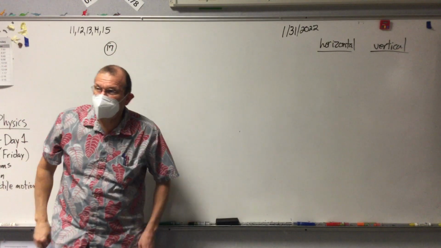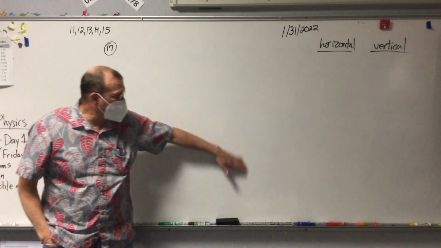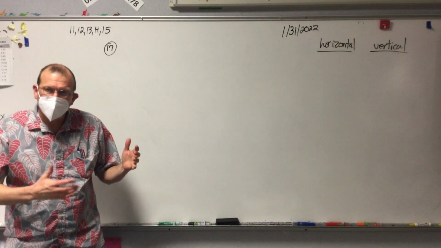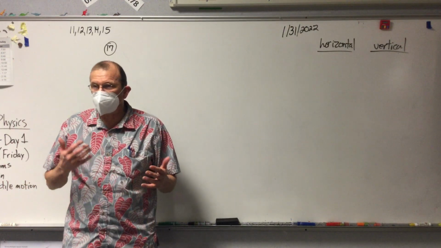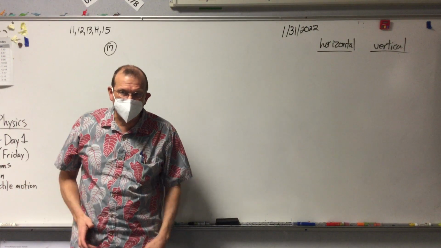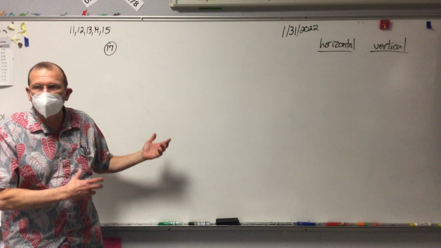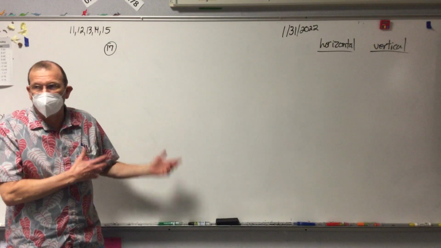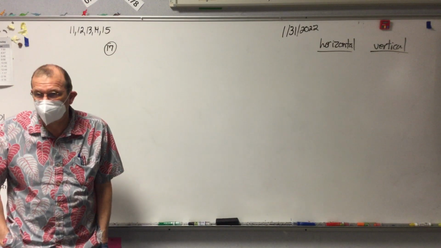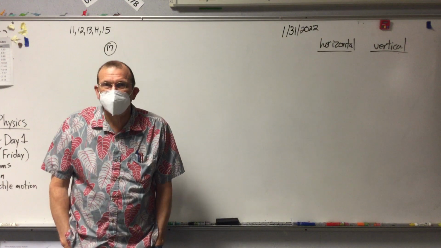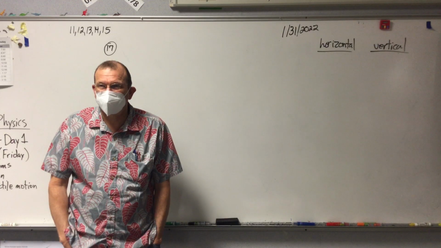So what I need is for somebody to read through 17 and then come up, and all I would like you to do is draw a picture. And remember, these are vector problems, so there will be directional things and arrows in the picture, but I want you to draw me what you consider to be the correct representation of that problem on the board here. And then we'll talk about, well, how the heck do you go through and solve all this stuff? So as soon as somebody wants to come up here,